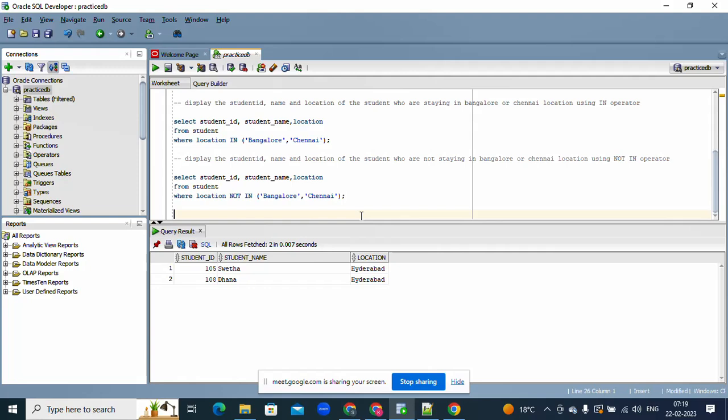And we have is not operators as well. So what is the purpose of using is not, we'll discuss. See, first the in operator,